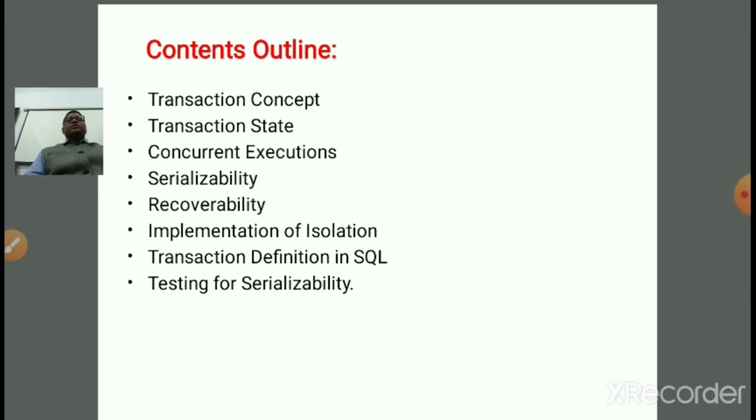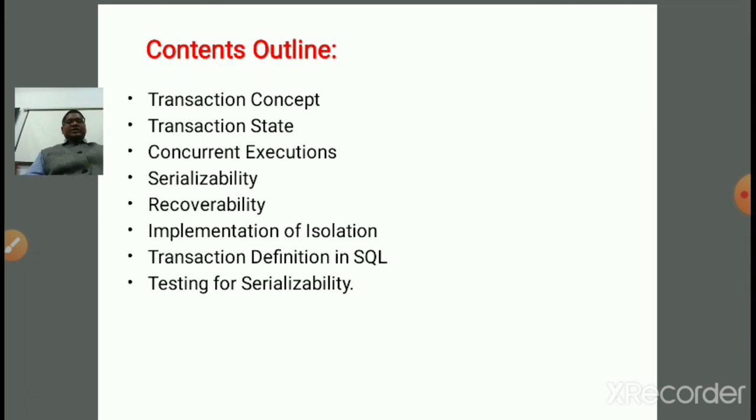After that, we discussed the concurrent execution of transactions. Rather than performing a transaction fully and then starting the second transaction, which is called a serial schedule, we perform only a partial part of the transaction and then start a new transaction in a parallel manner. That is called concurrent execution. While performing concurrent execution, a concept arises, that is serializability. In that we discussed conflict serializability and view serializability.